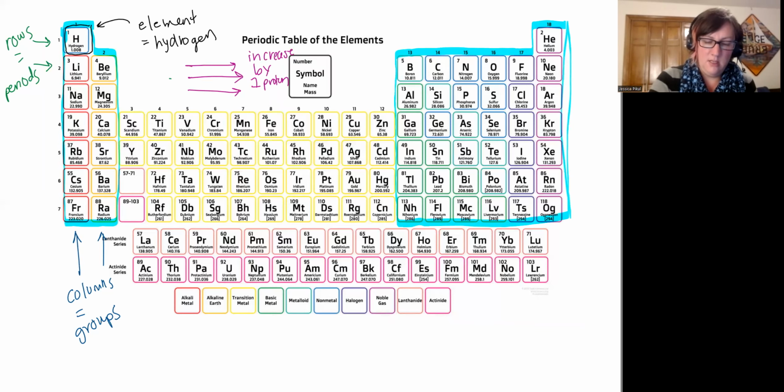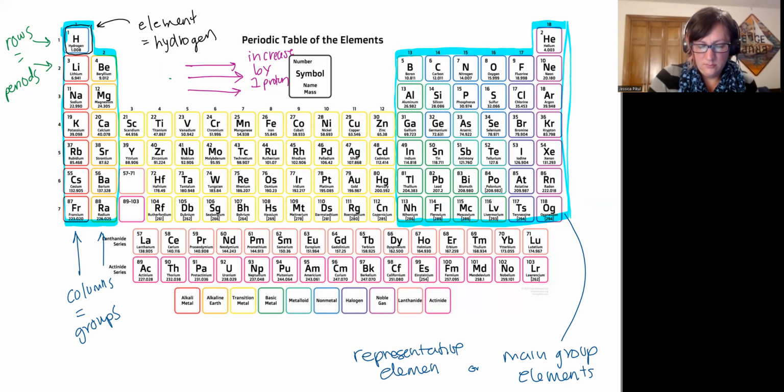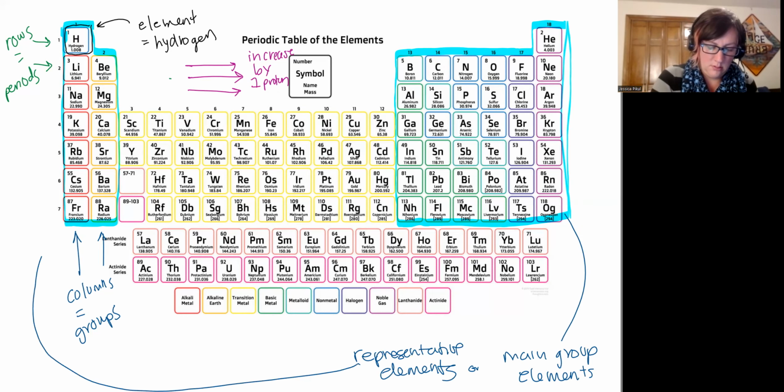All right, and so these are the main group elements. They're also called the representative elements too. You'll see them referred to that as well. This will be most of the elements that we talk about. The other ones are categorized as,